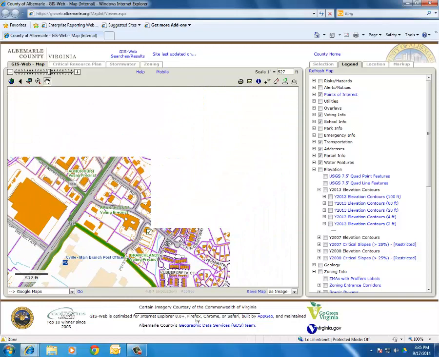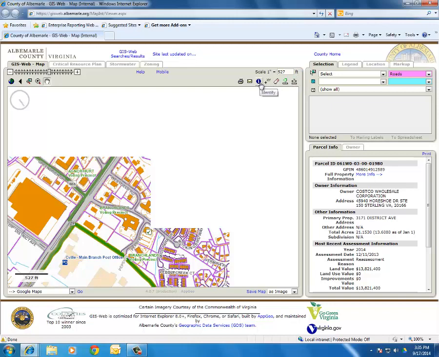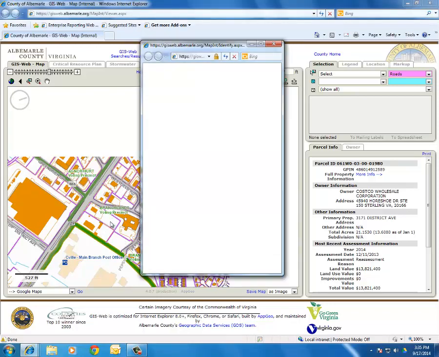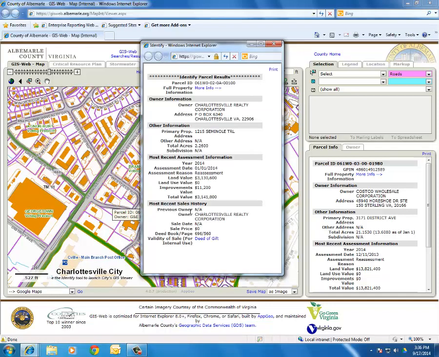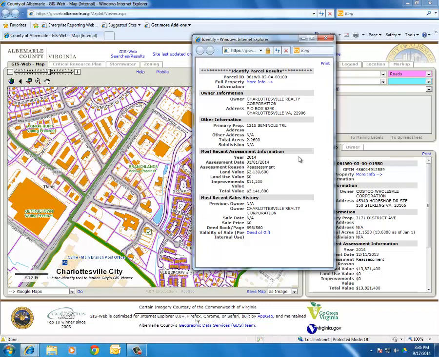That was one thing I should show you too, is the identify. Would you like to make the tools and all that? Yeah. So if you use the identify tool in the general area of the county, it's going to bring up the information again, just like it is over here. It'll bring up that information on here. Things are loading a little slow, but you can also hover too. It's not going to be as much information as this window, but you can just hover over the parcels in the map window and it'll give you the owner name. I don't think it gives you anything else, but parcel ID. It just took a while. The map is running a little slow over here. I'm not sure why, but